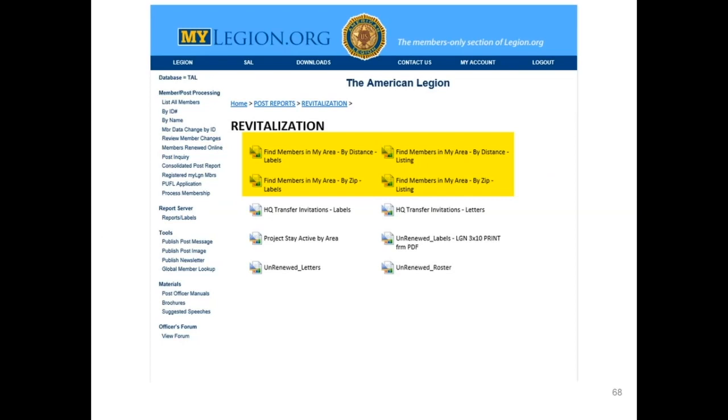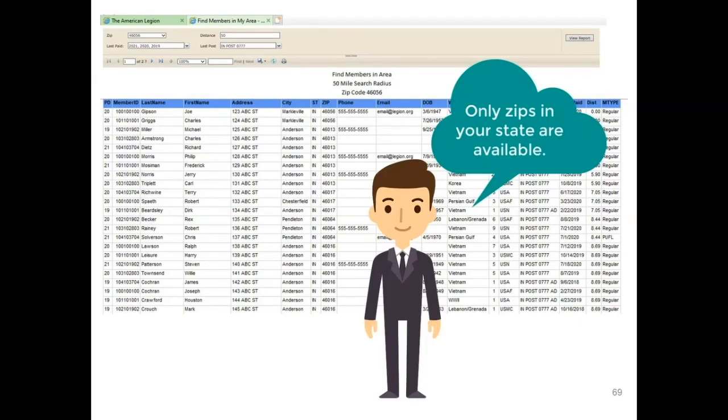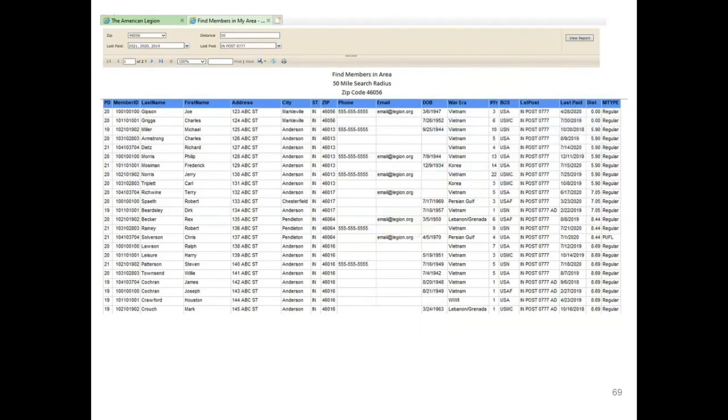Filters are available to set up the report after each selection. Select Find Members in My Area by zip code. Only one zip code is available and only zip codes within your state. To create a listing using multiple zip codes, return to the Revitalization folder and generate listings using Find Members in